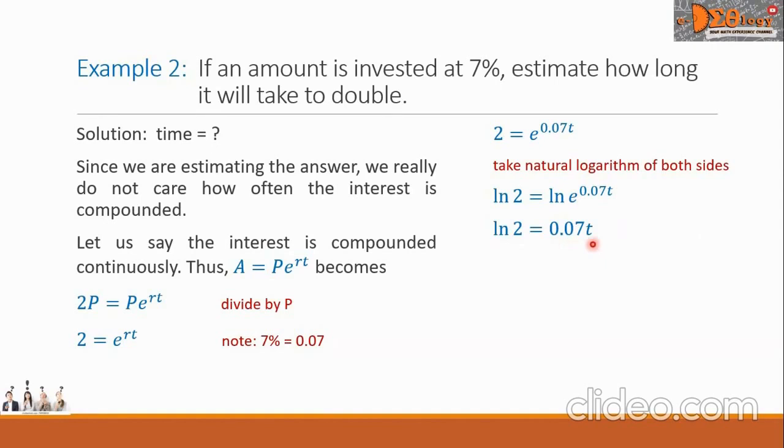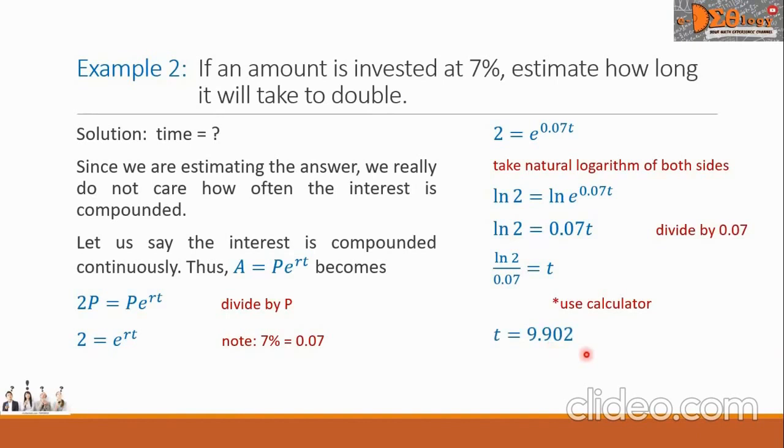We want now to isolate t. We will divide the equation by the coefficient of t, and that is the 0.07. So on the left side, we will see ln of 2 all over 0.07 equals the right side. This constant 0.07 is now cancelled out. Only t comes down. Using our calculator, the value of t can be derived, and it is equal to